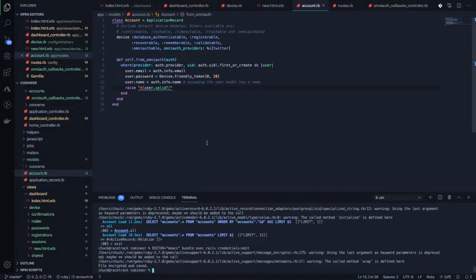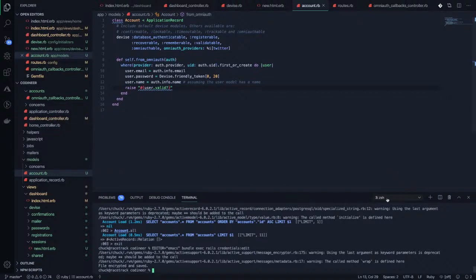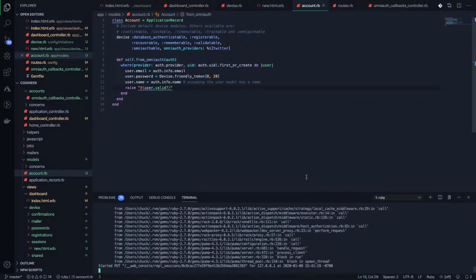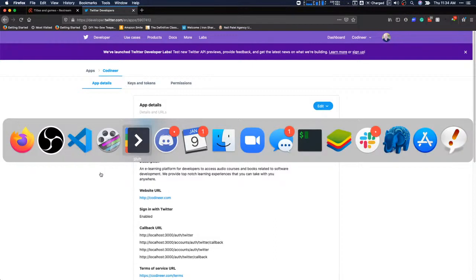All right, now I may need to revoke the key. Hang on, I gotta go close that window, the website, because it has the key. I'm just going to go ahead and revoke. And that way it'll just generate new access tokens. Okay. There we go, app details. All right, so